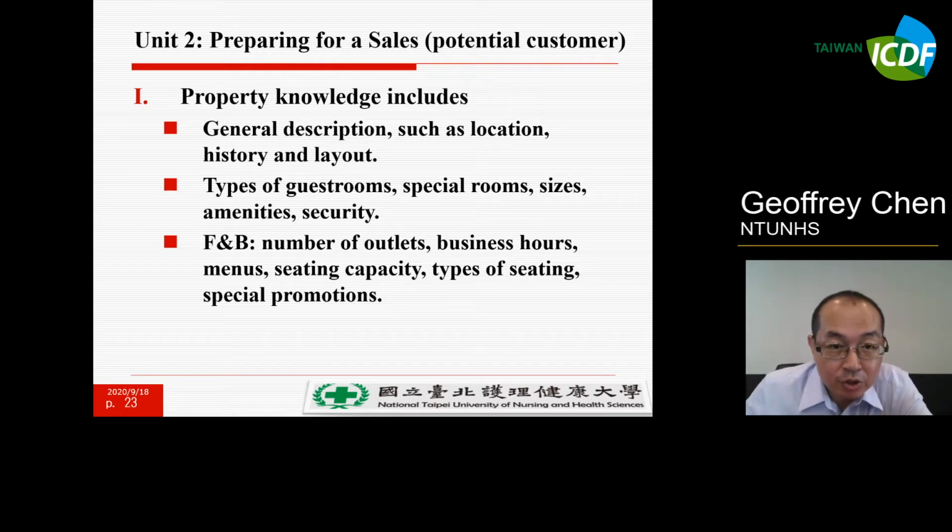So you should understand that you may interact with them and talk about your hotel's location or history, its layout, and what kind of rooms, sizes, guest rooms, amenities, security, or facilities you have, and what kind of food or beverage in your restaurants and outlets, business hours, menu, seating capacity, types of seating, or special